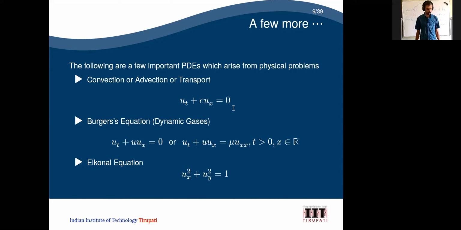This is one of the important equations. If you see the traffic flow problem, it is mostly covered by this one. Once you are going in your city, there will be some traffic, and that traffic equation is the same kind of equation. Again, with some extra terms on the right hand side also, we can see that kind of equation. Then there is something called the Eikonal equation.